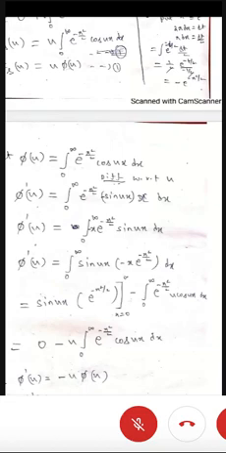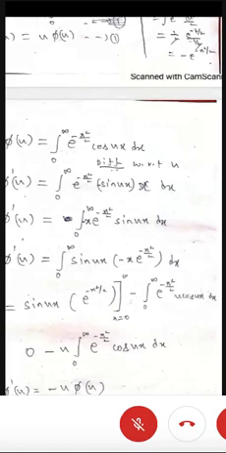Because you're differentiating partially. Partially means what? One variable constant, one variable changing. So e power minus x square by 2 is constant as it is, and dx as it is. Cos ux is there because you are differentiating with respect to u, so it becomes what? Minus sine ux, and you have to take x outside because x is a constant here. You are differentiating with respect to u. So minus sine ux, x outside there.